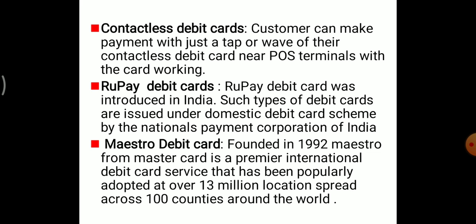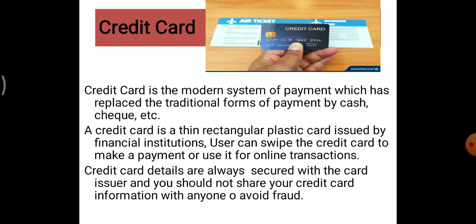Next, we can see the credit card. We can see in this picture that a credit card looks similar to an ATM card. A credit card is a modern system of payment which has replaced the traditional forms of payment by cash, checks, etc. A credit card is a thin rectangular plastic card issued by a financial institution which lets you borrow funds from